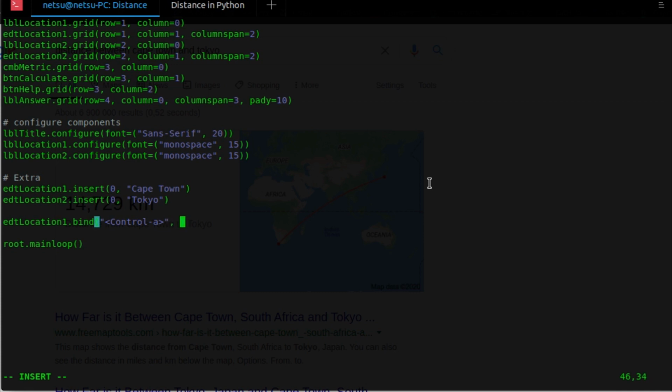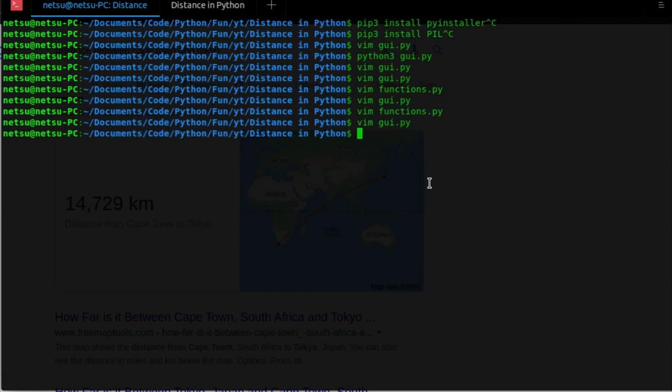And then we can say lambda E, and inside E we want to say callback, and we say E, and you want to pass in root as well. And we say edt, or actually we can copy this because it's basically the same thing. So we can just YY and P, and we can insert, change this to 2, and then we basically have everything we need here. Now this won't fix it, so we have to say WQ,